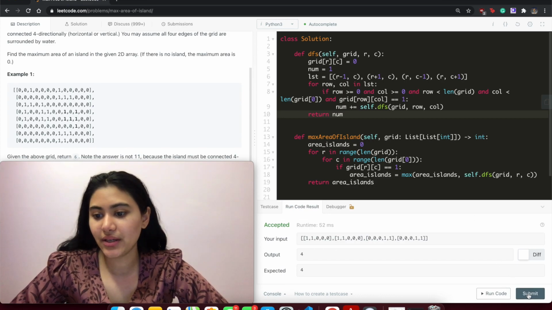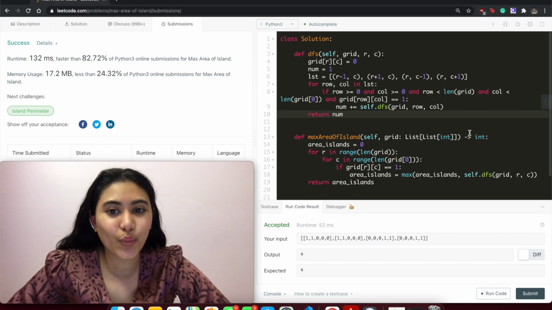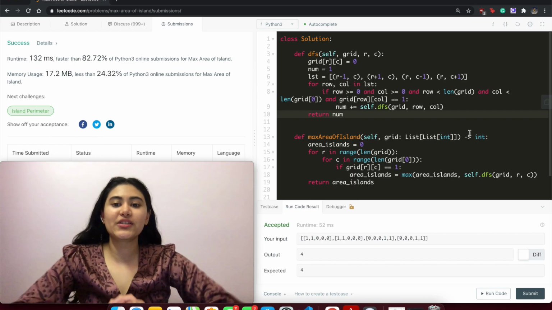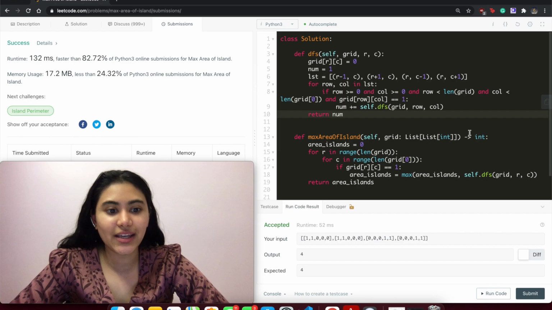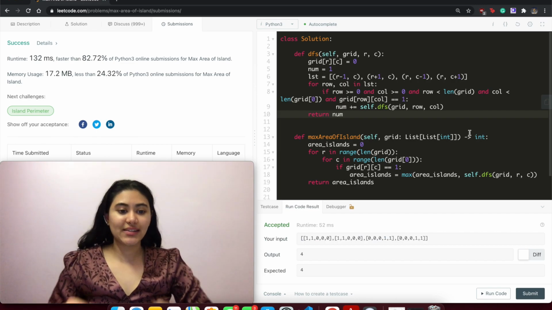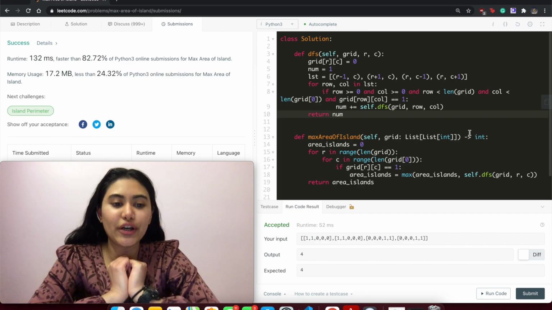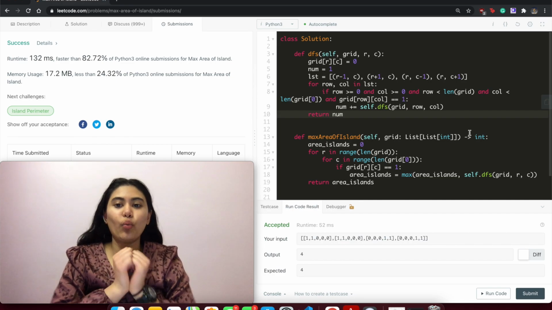Accepted, and let's submit. And it is accepted as well. So talking about space and runtime, our space, although we do all our modifications in place through the grid itself, because it's a possibility that we could have had an entire grid filled with 1s, our DFS waits